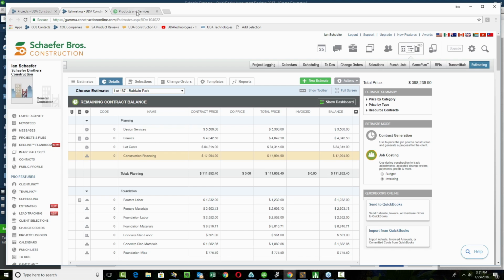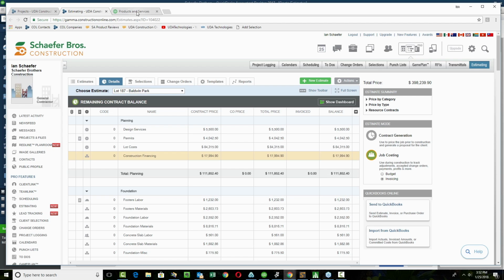So again, if you guys are looking to include somebody with the QuickBooks Online integration possibilities, they will need to have at least some degree of access to the estimate for Construction Online. From there, you'll be able to give them the additional options for sending purchase orders over to QuickBooks, or maybe if they work on the sales side, maybe they can start the invoicing process, and that way your bookkeepers, who are going to be working with QuickBooks Online a little bit more heavily than some of the other team members,